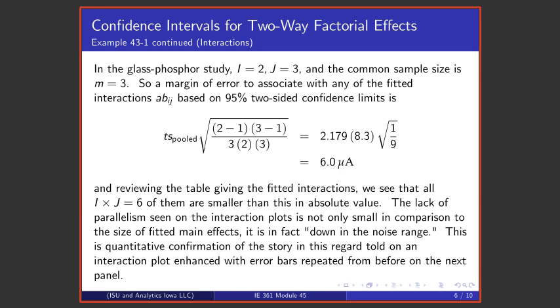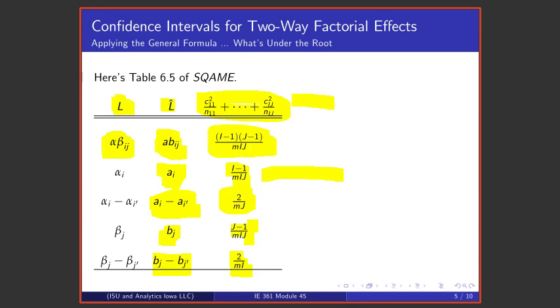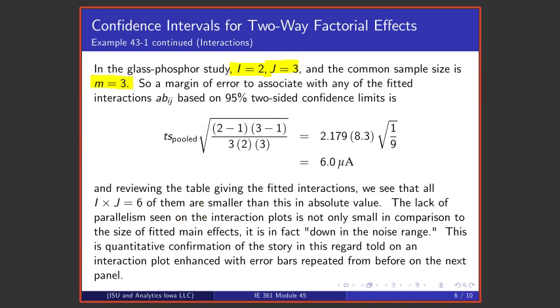So, for example, in the glass phosphor study, we had I of 2, J of 3, common sample size was 3. So if one wanted to attach a margin of error to any one of the interactions, a way to do that would be to take a t-value times the pooled s times the square root of I minus 1 times J minus 1 over m times I times J. And in this particular case, that works out to be the square root of a ninth. The t-value is